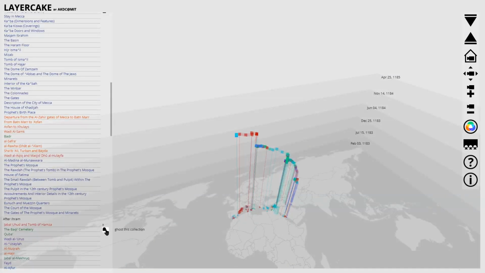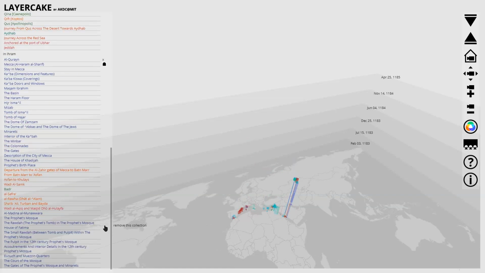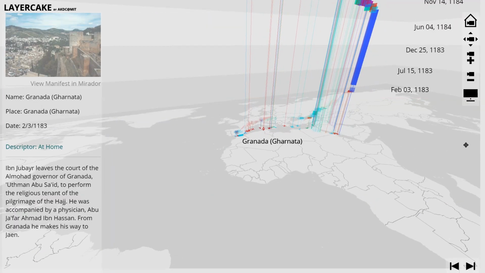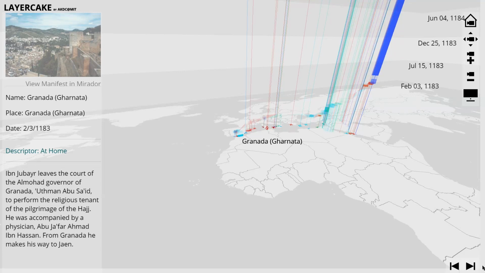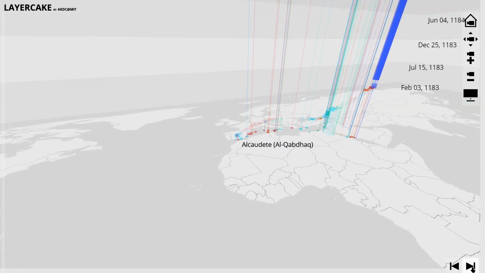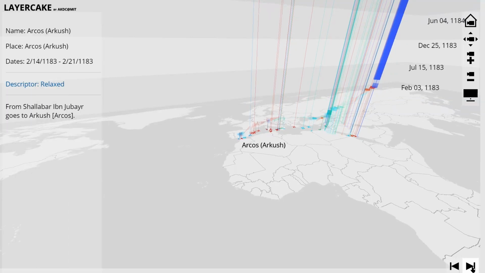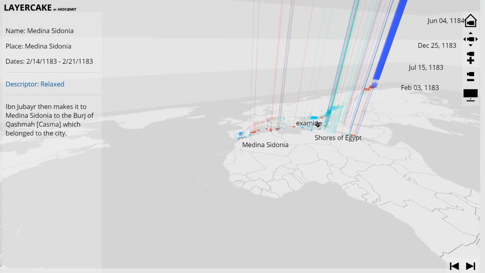If you are using more than one collection, you can ghost or even remove that collection from what you had originally uploaded. If you wish to present your work to others in a group setting, you can hit the Presentation Mode button on the right. This enlarges the written information displayed and gives you a way of quickly moving between detailed map object information.